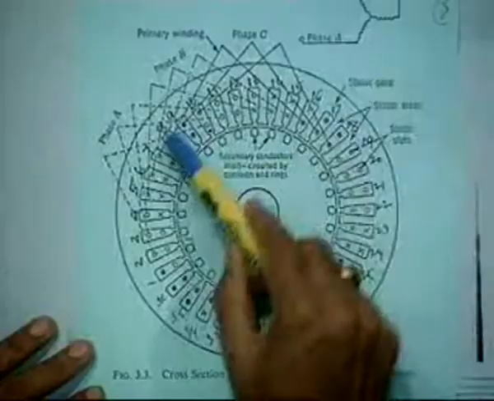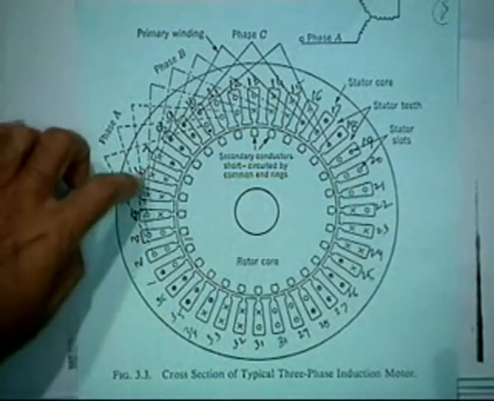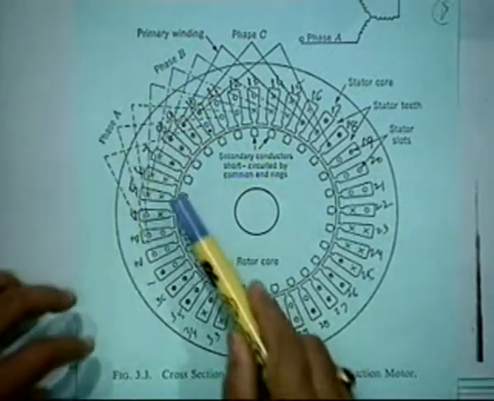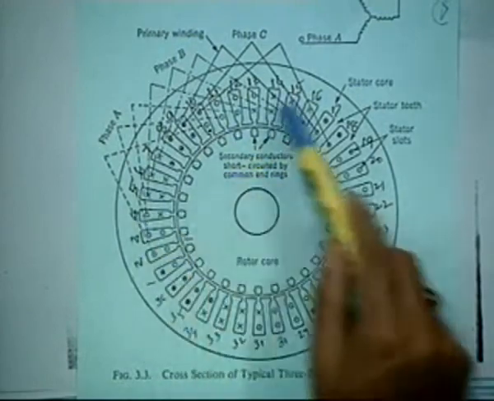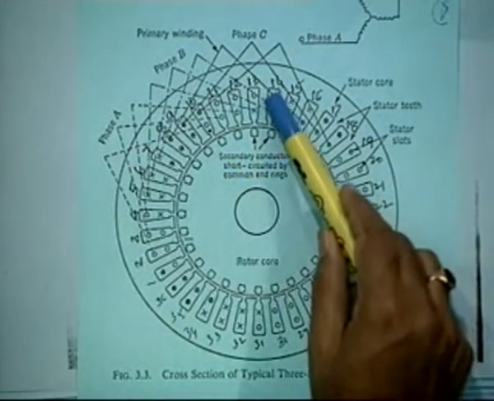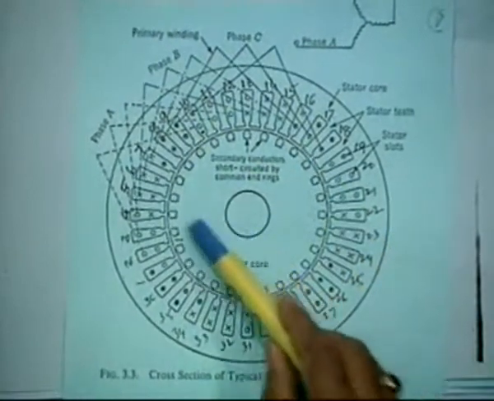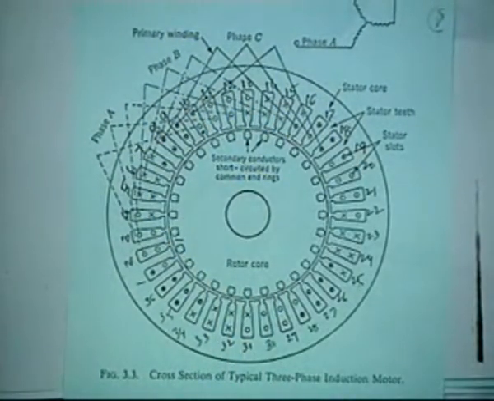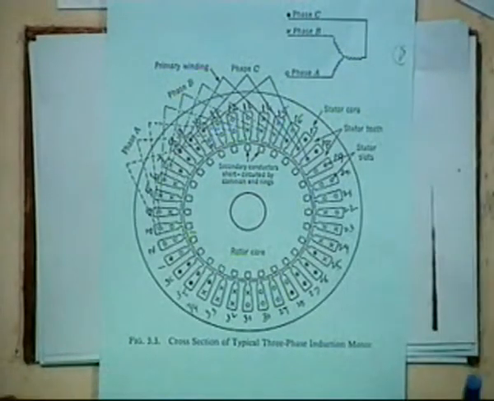This is a 36 slot coil with conductors placed, coil ends top to bottom. It just goes into a typical cross section of a machine. This is the stator slots, this is the rotor slots of an induction machine, and the 3-phase windings are there. These are ABC phases connected in star.